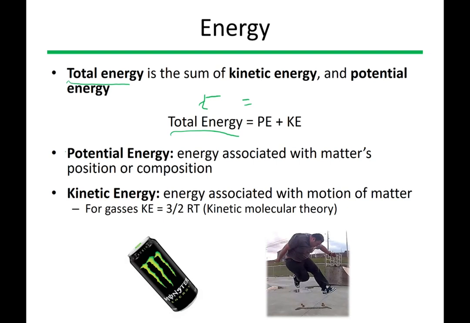Potential energy is the potential to be doing work, or energy that's associated with a matter's position or composition. So you're probably used to hearing this as the potential energy due to gravity. If we have something really high at the edge of the cliff, it has some energy, so it can have a force over a distance if we push it off that cliff, and this potential energy is related to its distance up the cliff due to the force of gravity.